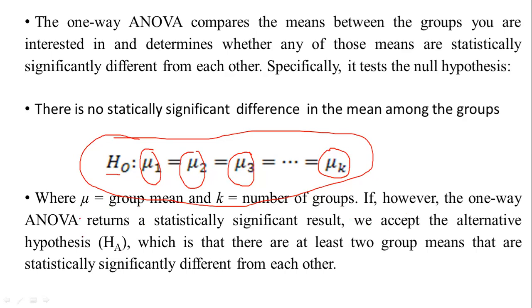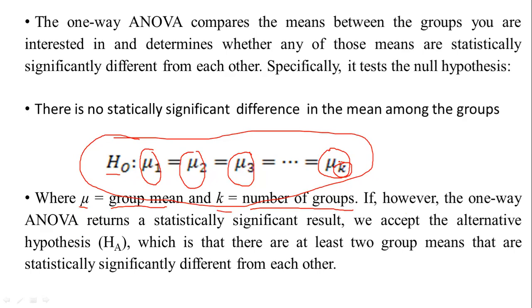And here, mu represents the group mean, and k represents the number of groups. So this k is a number of groups that is unknown. You can compare the means of different groups up to the number of groups you want. Here k is the number of unknown groups. However, if the one-way ANOVA returns a statistically significant result,